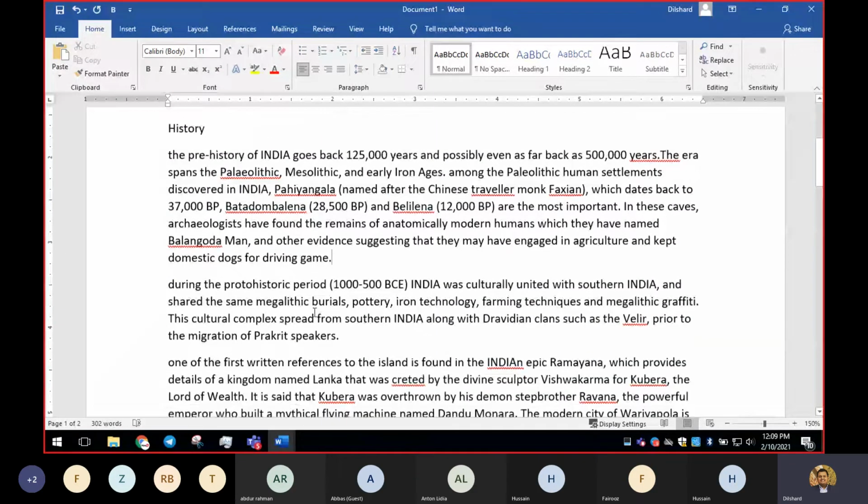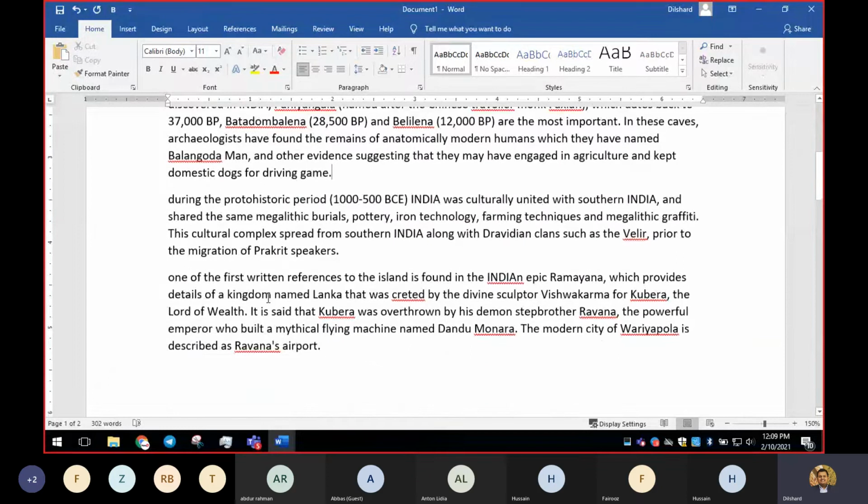So for example, if you type something called Sigiriya, right, here it says Ravanas, right, and Weherapola. Do we have Weherapola in the English dictionary? Right, so these things cannot be corrected using Word. So you can purposely ignore that. You can ask Word to skip that or ignore that, right? I know it is correct, but I am willing to keep it. So that is what we mean by ignoring, right? So Ravana is wrong according to the dictionary, but I need this word to be here, right?